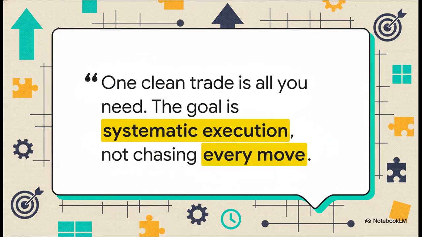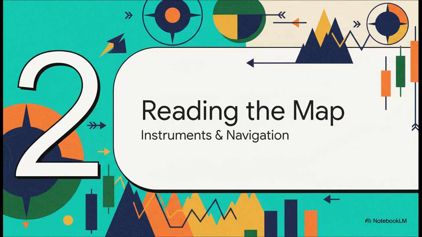This brings us to a really critical point. This is not about being glued to the charts 24/7, chasing every little wiggle. No. The goal is to patiently identify one single high-probability setup that fits our rules, execute it perfectly, and then you walk away. It's all about quality over quantity, every single time. Now, let's look at how we actually read our charts, because that's exactly what they are, our navigation maps. We're going to cover the specific instruments and signals this system uses to find our way.